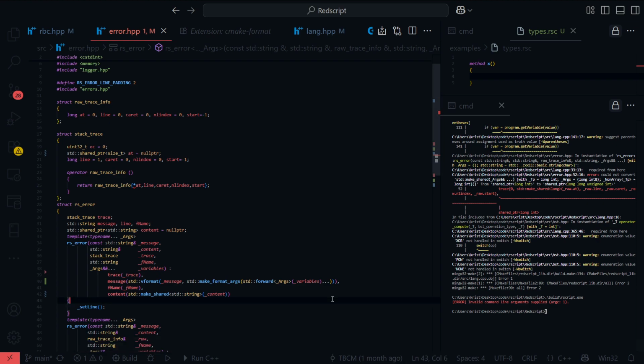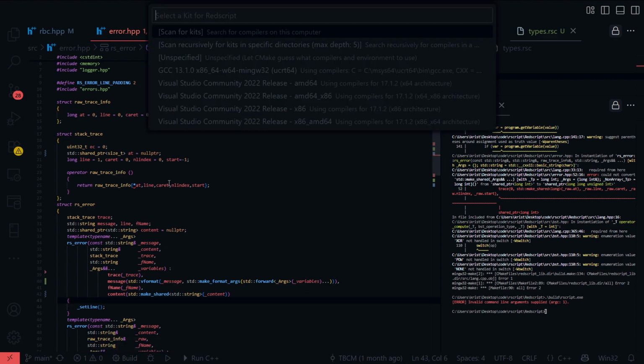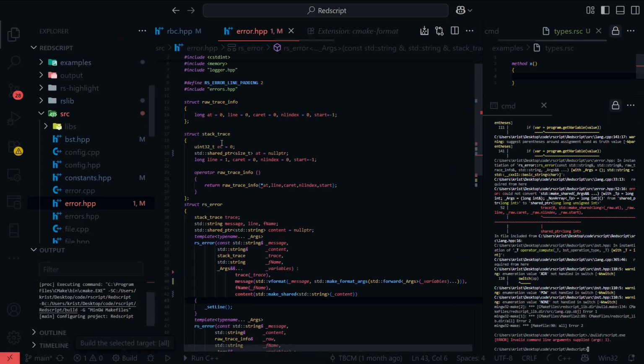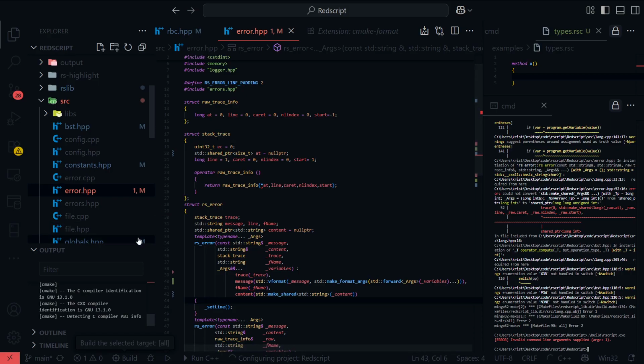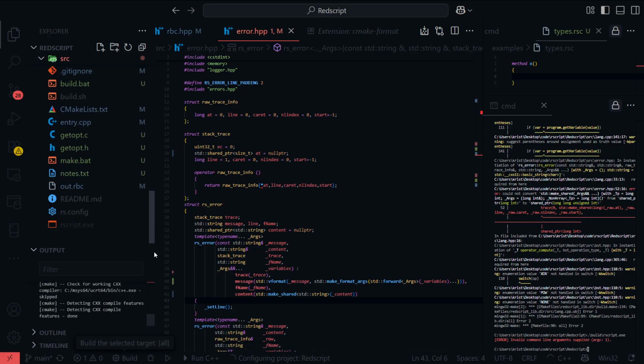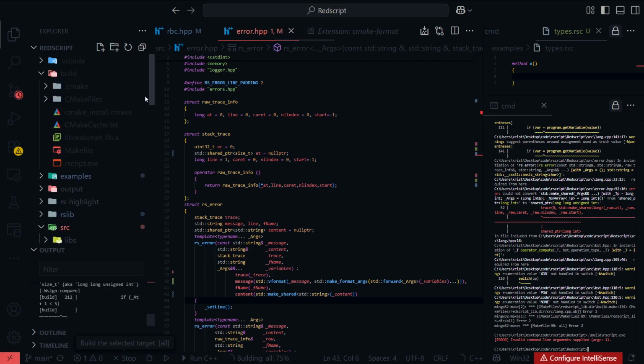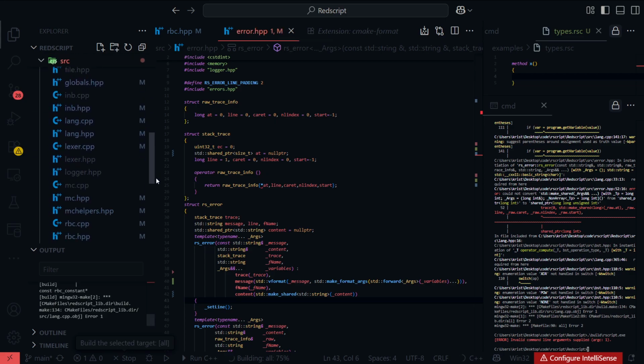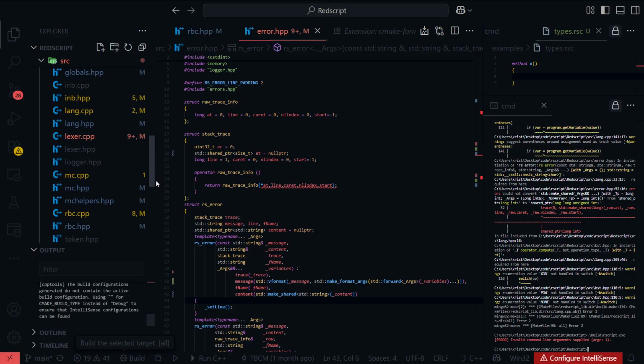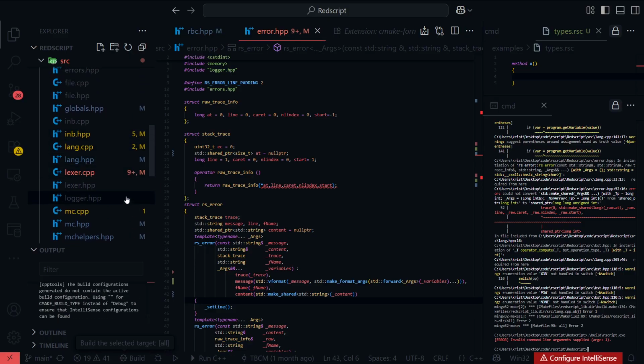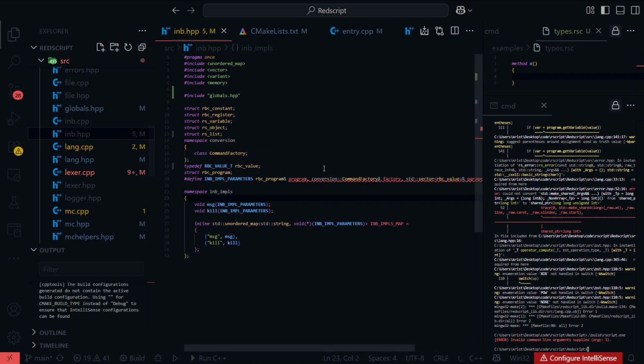Huh? It didn't work. Oh yeah, GCC. Oh god, please don't spit it out into this directory. Oh, it gives me the warnings. No way.